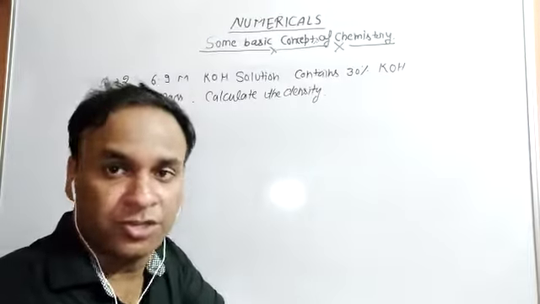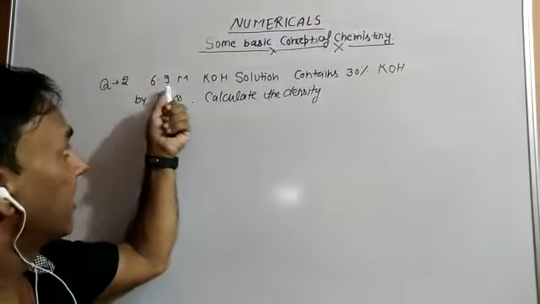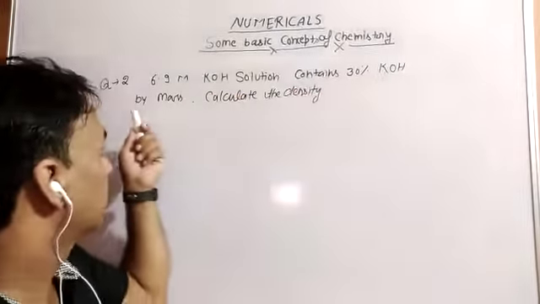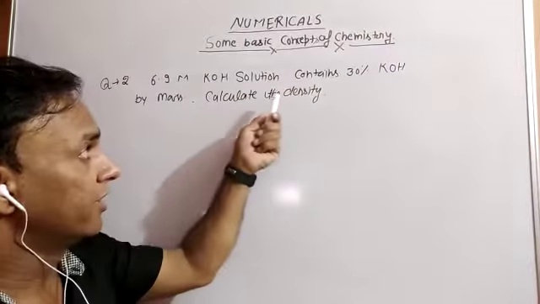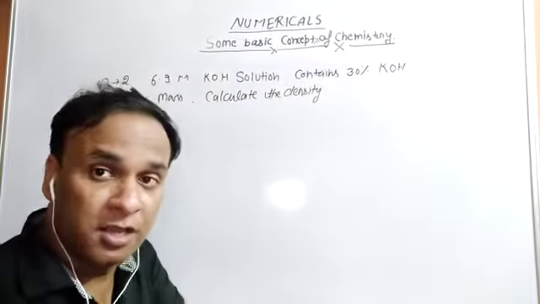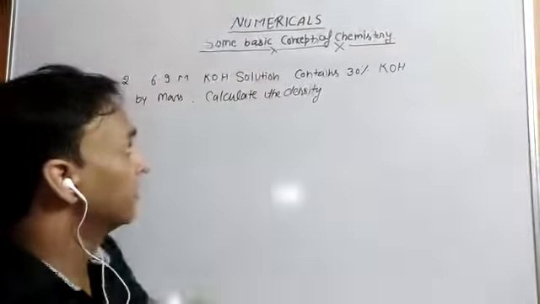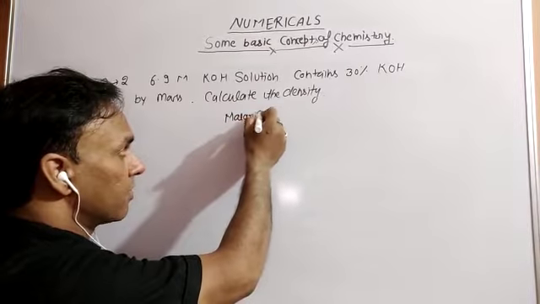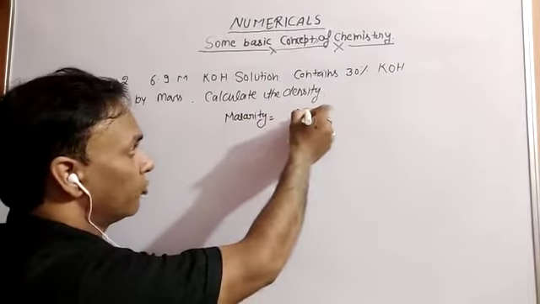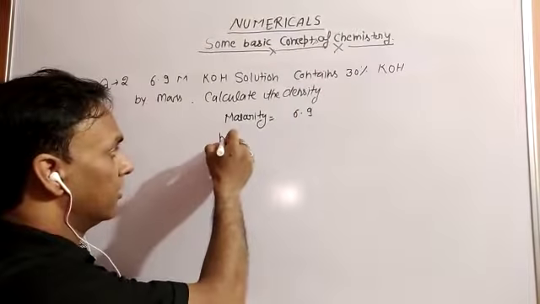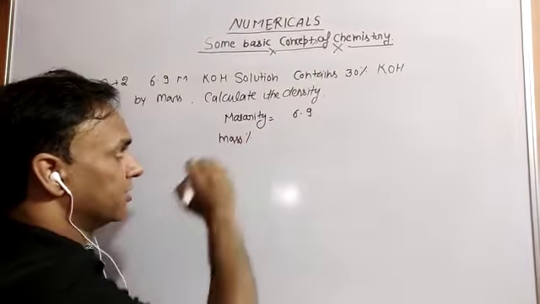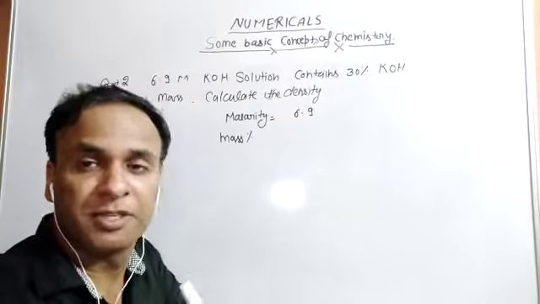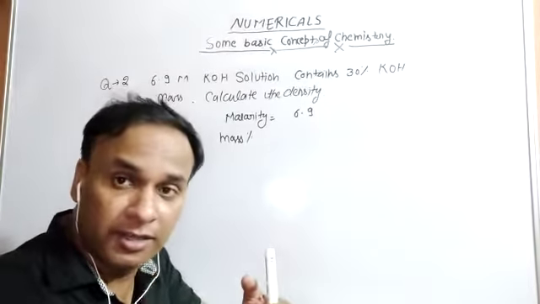Now, the next question. A 6.9 M KOH solution contains 30% KOH by mass. Calculate its density. According to the question, the given data is molarity 6.9 and mass percent. I have already discussed the mass percent. Mass percent is